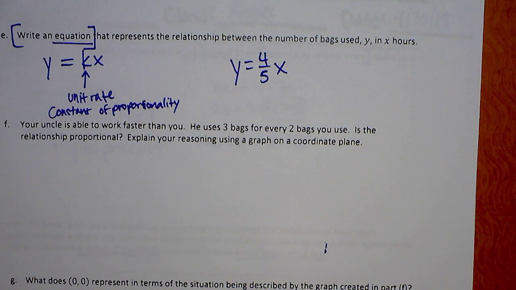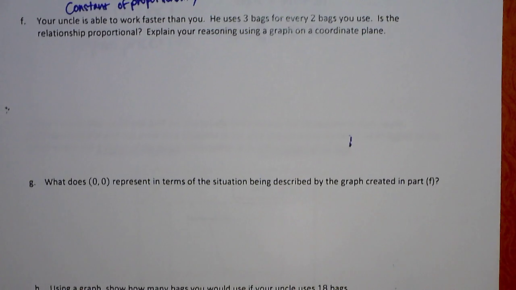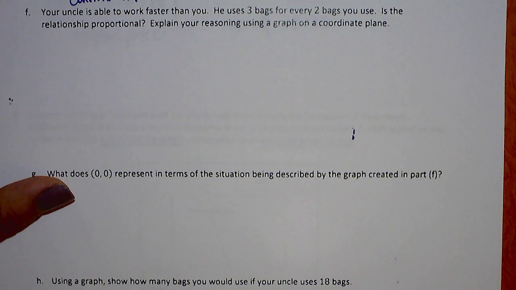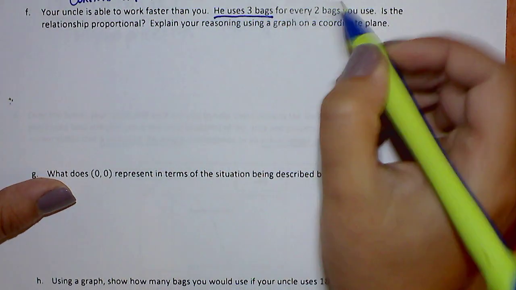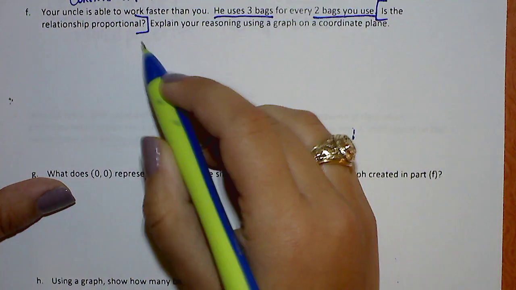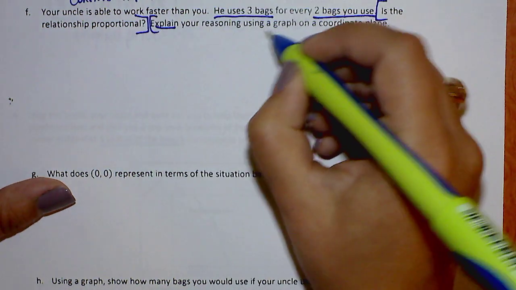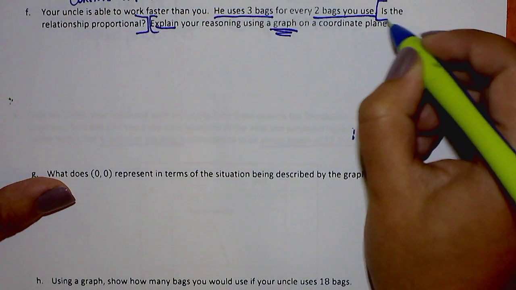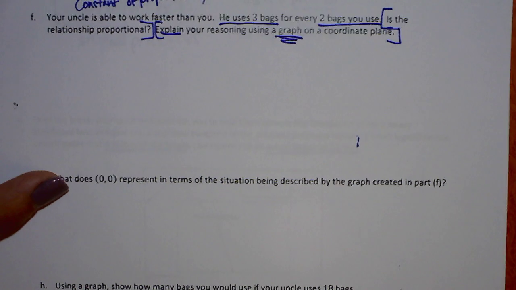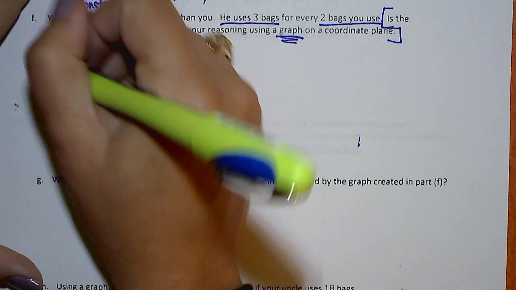For part F, it says your uncle is able to work faster than you. He uses 3 bags for every 2 bags you use. Is the relationship proportional? Explain your reasoning. Explain using a graph on a coordinate plane. If you did not have a graph, you did not do so hot on this problem. You needed to have a graph